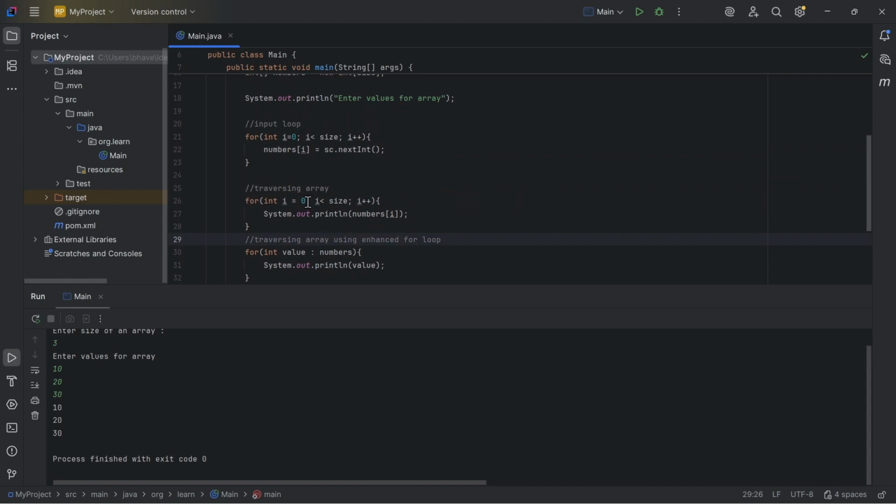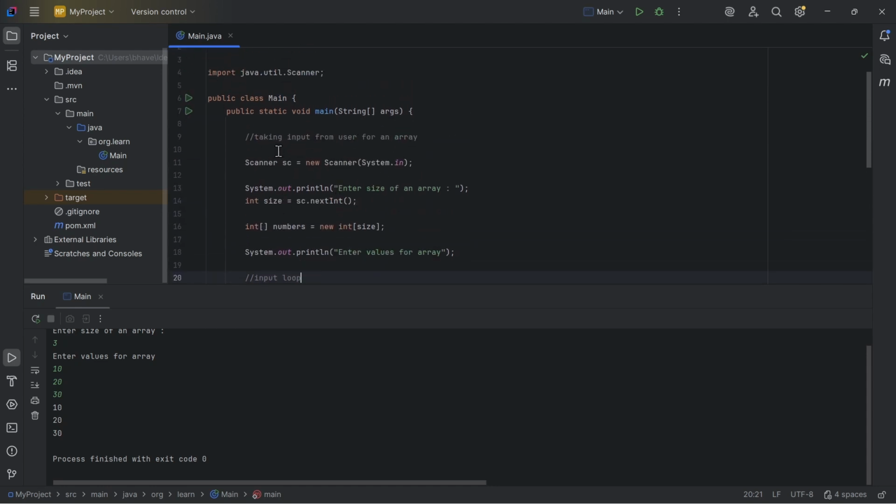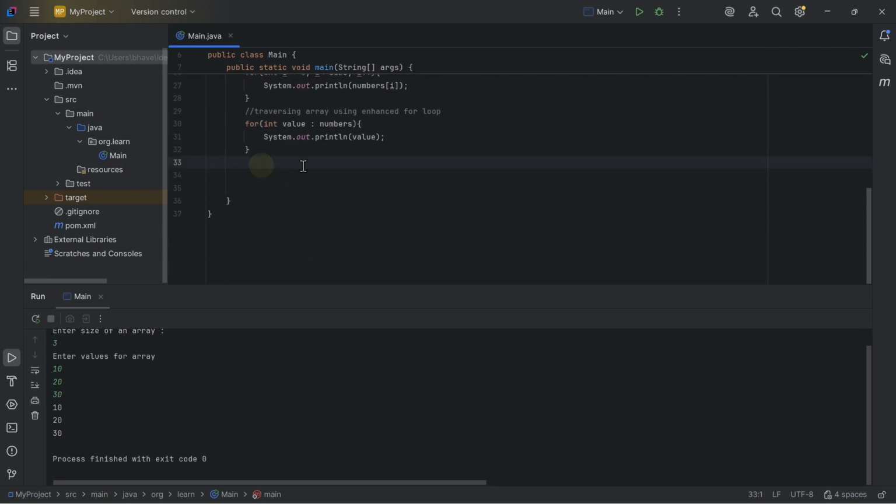So you might be getting one question in your mind: we are using i here also, and we are using i in this loop also. How are we able to do this? Because if we declare the same variable twice, the compiler will have an issue. Let me show you. So let's say int x equals 10. Now if I try to initialize a variable of the same name again, x equals 20,